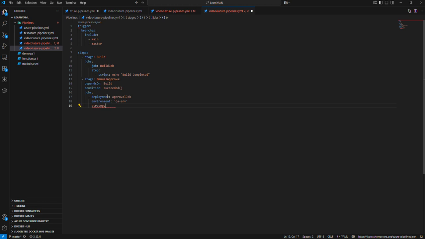Strategy. So the strategy you can mention again, two spaces, run once. Okay, and under the run once you have to press enter. Here you can mention deploy, right? So this you have done, and then you have to press deploy, and then you have to mention here